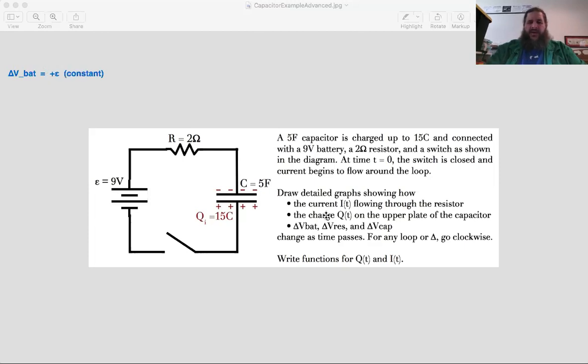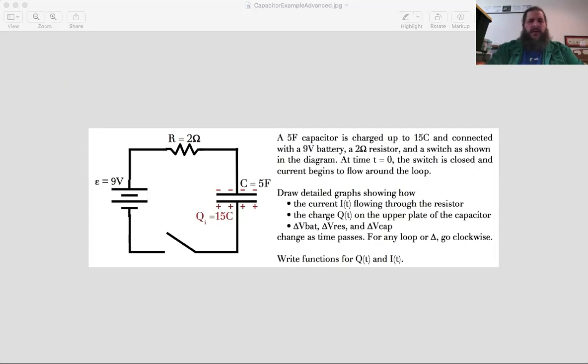So we don't even need to know anything in order to graph delta V of the battery. We know it's 9 volts. We know that's not going to change. So what would the graph of delta V of the battery look like? If we're just graphing delta V equals 9 volts forever, what would that look like on a graph? Yeah, that's just going to be a horizontal line at 9 volts. Any constant function is just going to be a horizontal line. So we can already graph delta V of the battery without knowing anything else about the function or about the